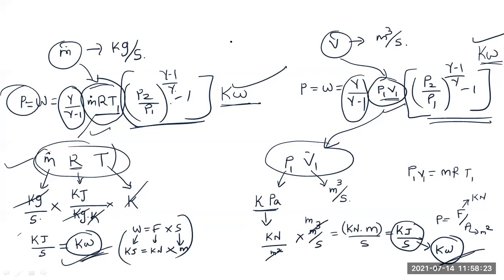Sudhir, are you clear or shall I explain once again? Okay, so volume flow rate is given in the question paper, then also the unit of power is kilowatt only, and this is the proof. If you will do this unit conversion, you will get answers. Okay, always the unit of power will be in kilowatt or watt. Anybody is having any other doubt?